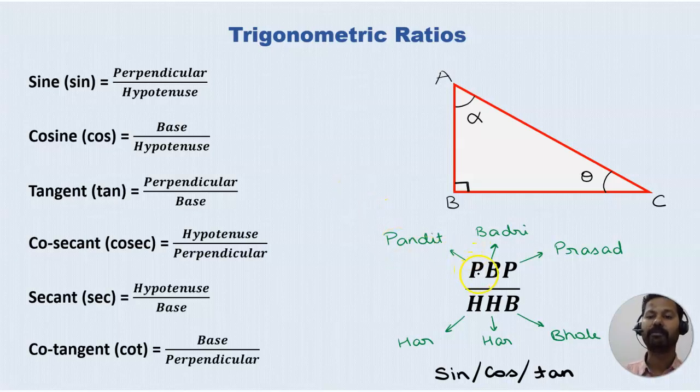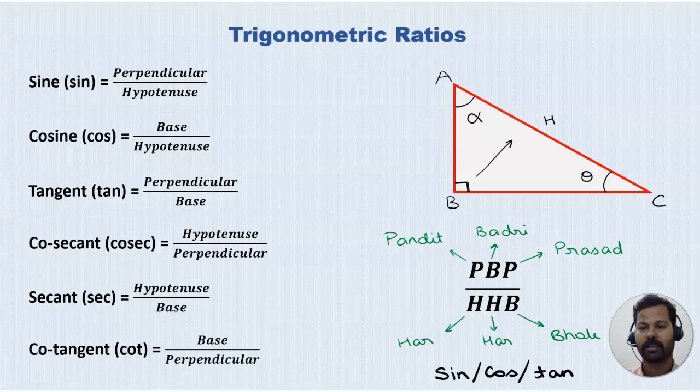So here we have PBP. In a right angle triangle, P is for perpendicular, B is for base and H is for hypotenuse. Hypotenuse is the side which is opposite to the 90 degrees. So this side is always fixed. It is not going to change. Now how to decide which side is perpendicular and which side is base? Always remember that the side which is opposite to the angle we are talking about,